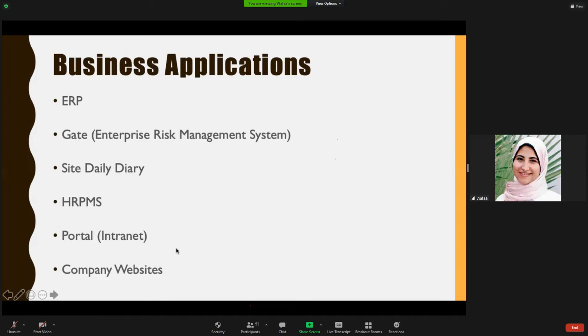We have a portal, which is an intranet. If you do not know what an intranet is, it's basically an internal network for the company to share resources like important documents. You also share announcements and new news that everyone should know. We carry out trainings for the employees. For example, last week we had a training on advanced Excel